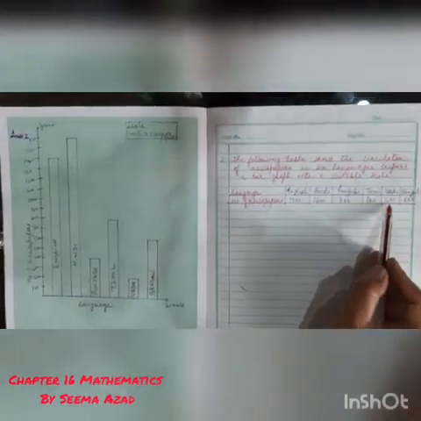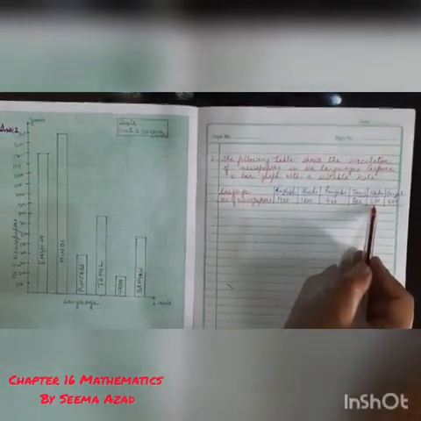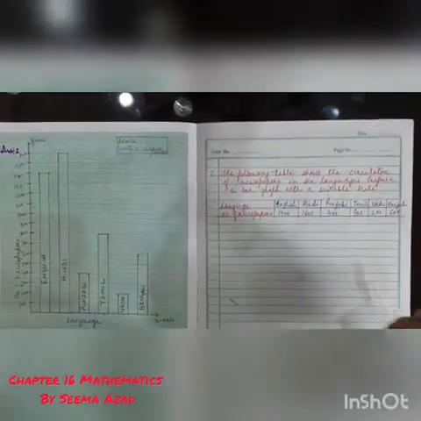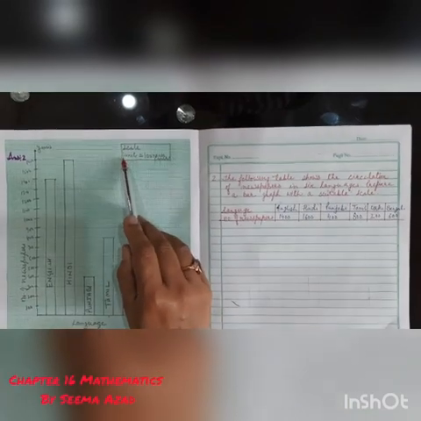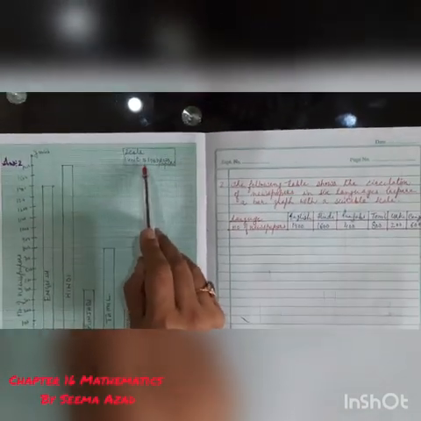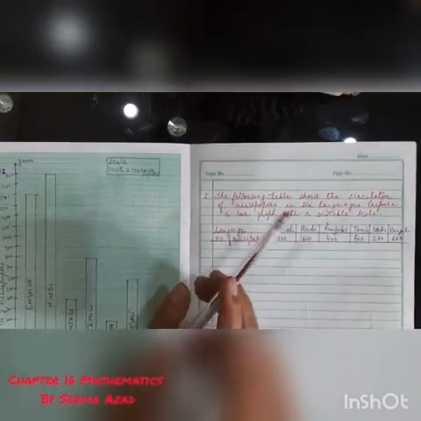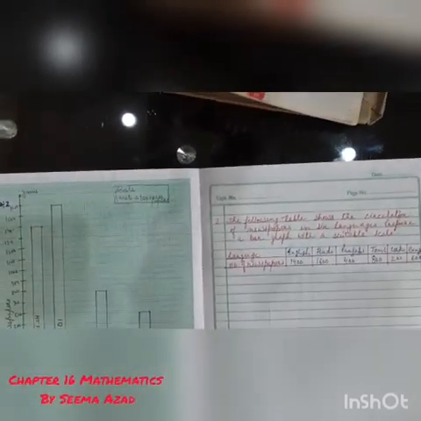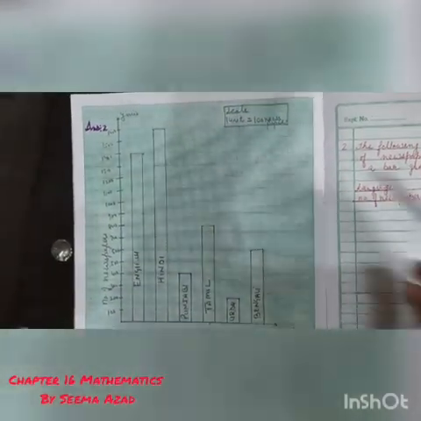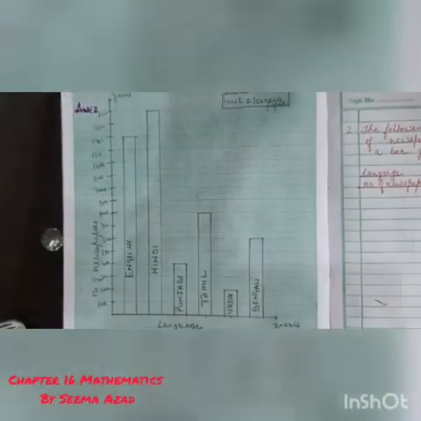Look here. We have to take the scale from 100. If we take 10, it will be too long. I take 1 unit equal to 100 newspapers. Yes, you can also take 1 unit equal to 200 newspapers. It depends on you. 100, 200, 300, 400 up to the last, 1600. So I take up to 1600.